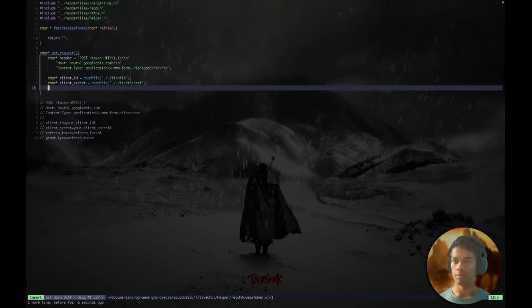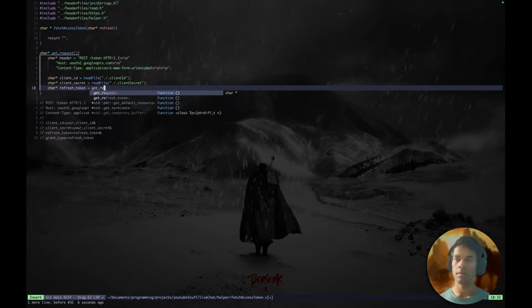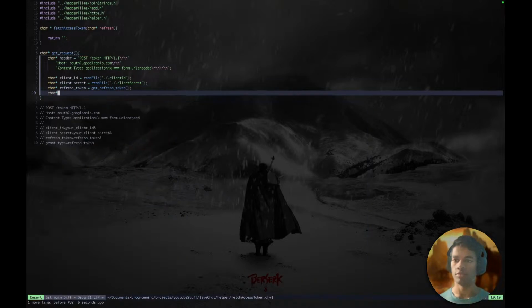Yep, I have the client secret now, and I have that. Yep, let's get the refresh token equals get refresh token. I have the refresh token, and yep, now I only have to join this one. Join char pointer array, body array. Let's call it